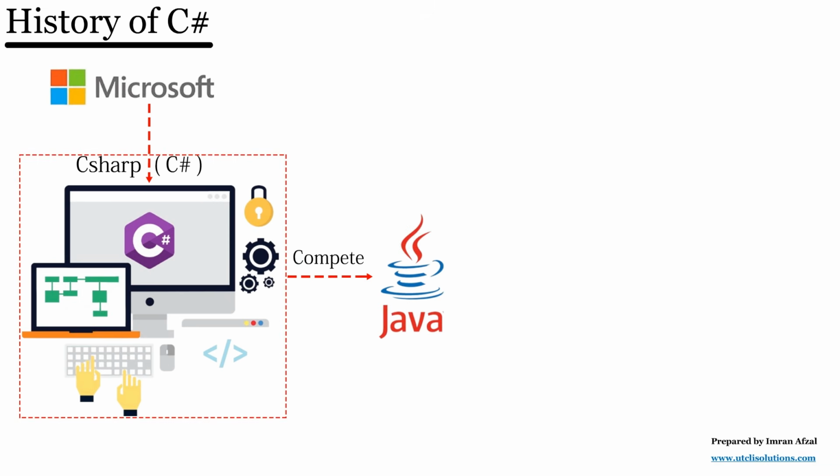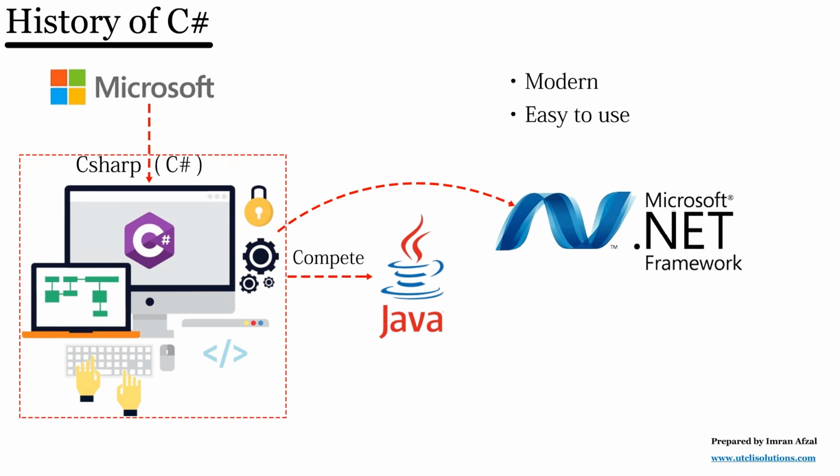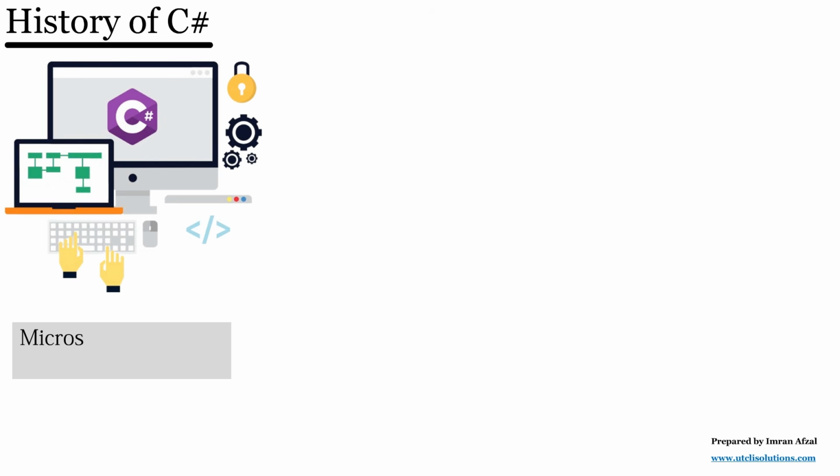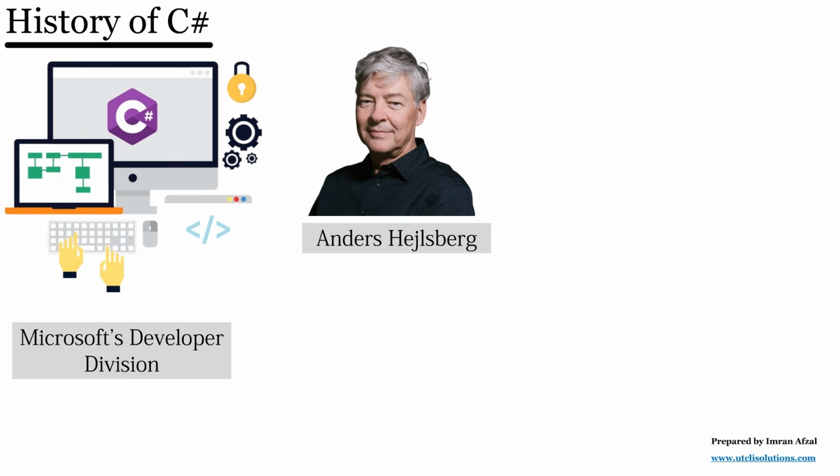The reason behind the development of C Sharp by Microsoft was to create a modern, easy to use programming language that works well with the .NET framework. They wanted to fix problems in other languages like C++ and Visual Basic. They aimed to make it faster, safer, and better for building all kinds of apps, like ones for the web and businesses. The initial development of C Sharp began within the Microsoft Developer Division, led by Anders Hejlsberg, a famous Danish